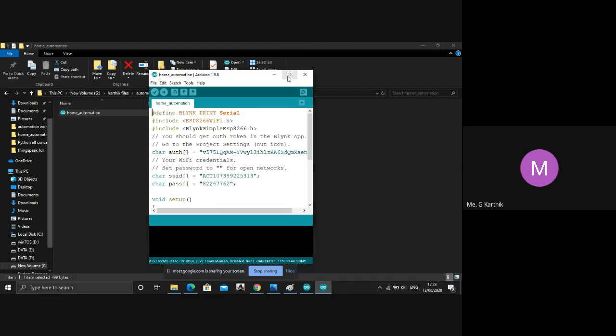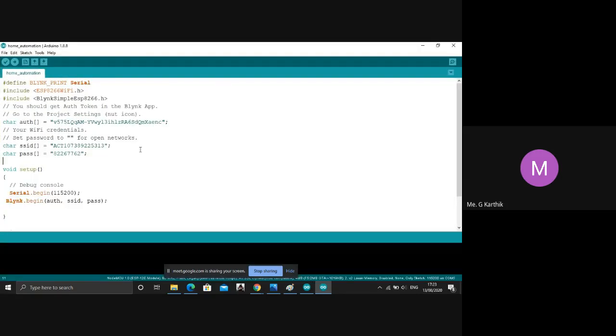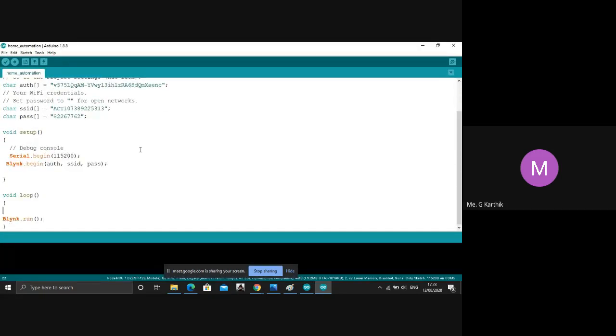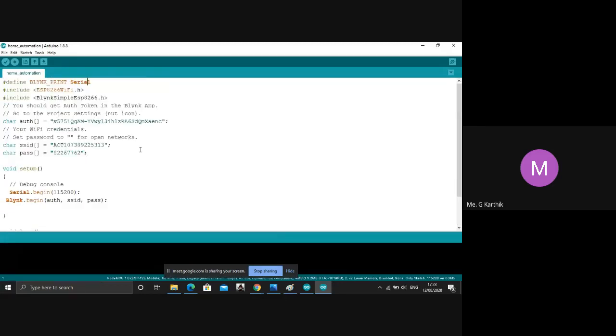This is the code that we learned yesterday. So what I'll do is, first I'll upload this code in the NodeMCU. Until it is uploading, I'll just explain some other thing.